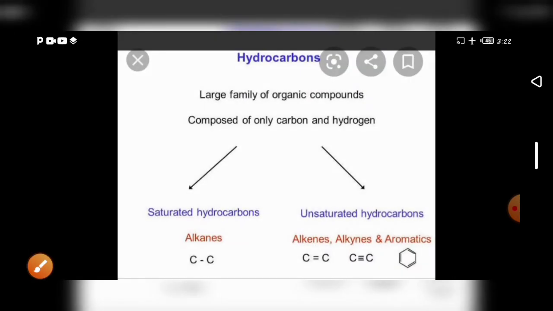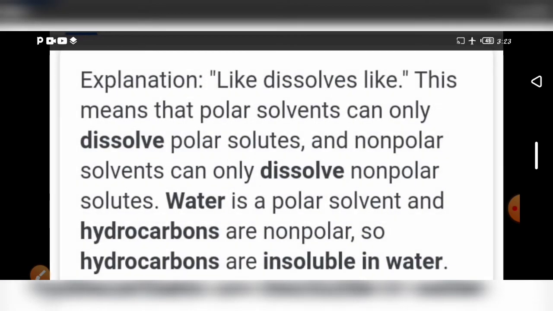Okay. Next, hydrocarbons are a large family of organic compounds composed of only carbon and hydrogen, and they are saturated or unsaturated. So alkane single bonds are saturated, and double bonds and triple bonds are unsaturated. How can you identify whether a solution is saturated or unsaturated? We have a test. That test is known as the bromine test. See here,